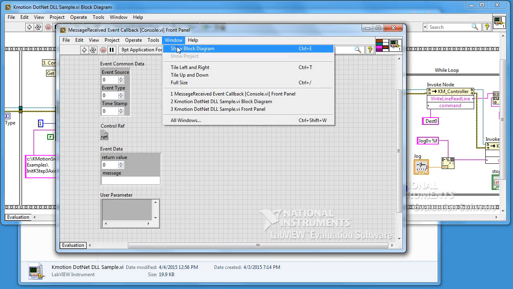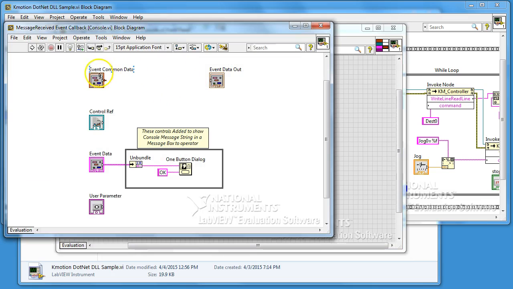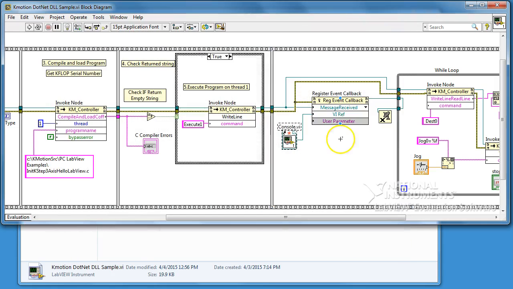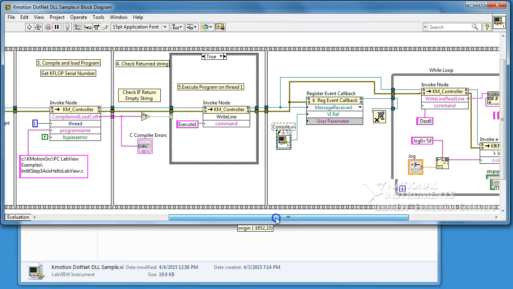We look at the block diagram. These components were all added automatically because they're defined as part of the object. And we have added these controls in order to take the event data from the callback, unbundle it, send it to a one-button dialog with an OK button for the user to acknowledge. If we close these and go back to the main diagram,